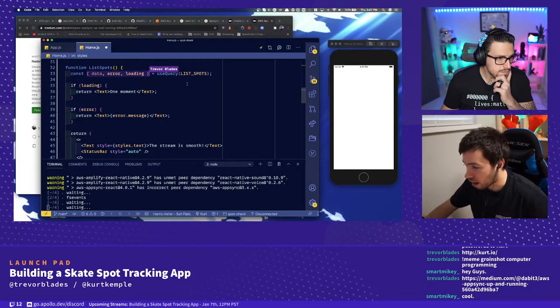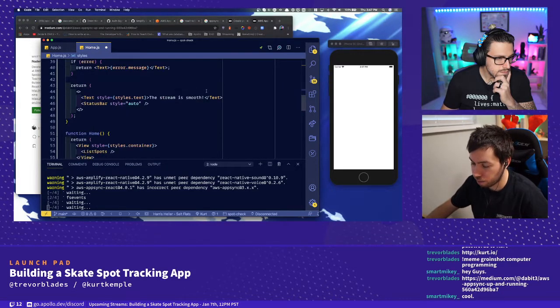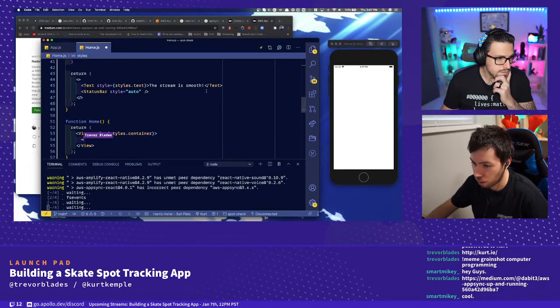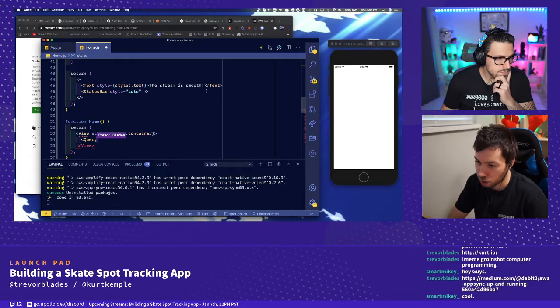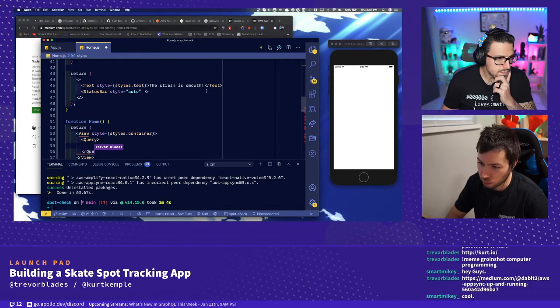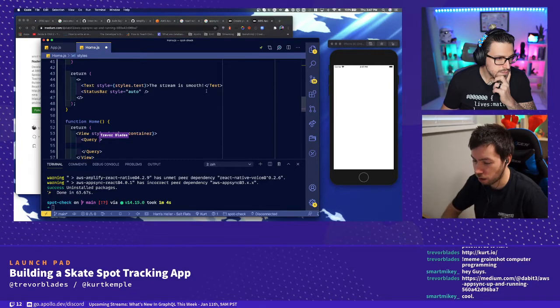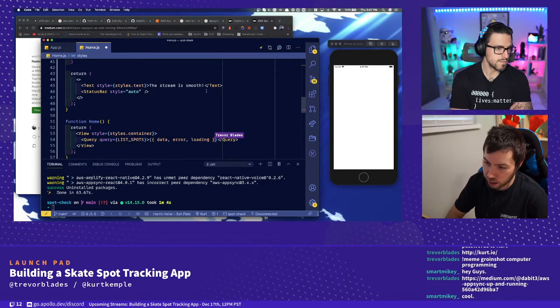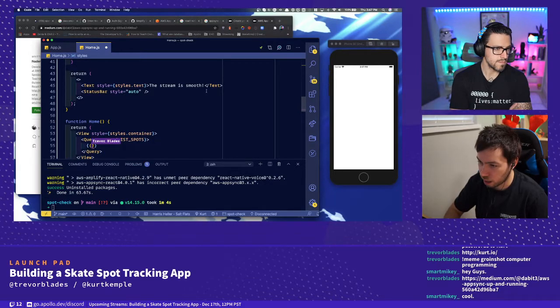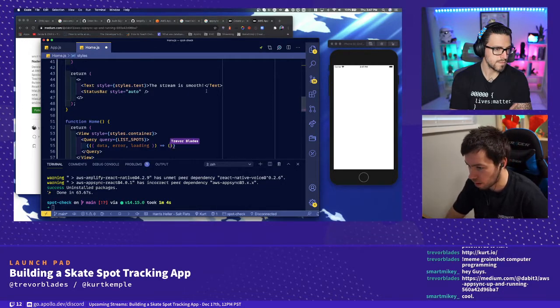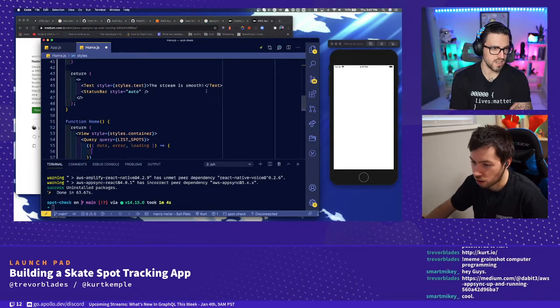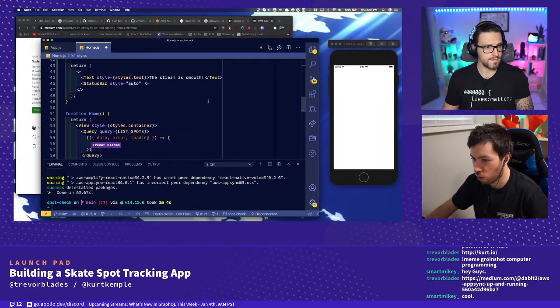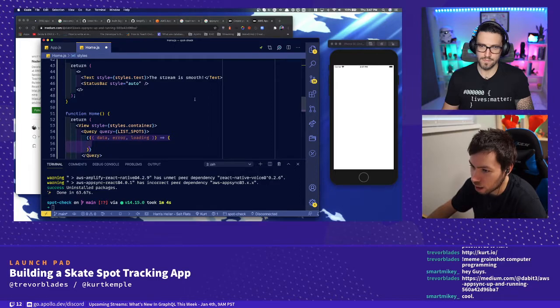Now refactoring this back to an old school query render props component looks like this. We take Query, and we wrap a Query component around a function that we'll write in a second. I'm just going to pass our list spots query as the query prop. Copy paste is always so janky on this. So now the children of Query is a function that gives us